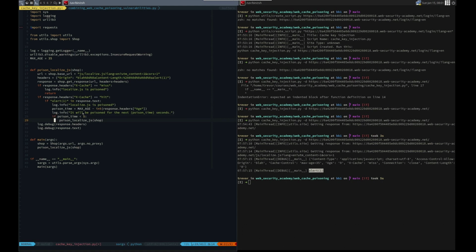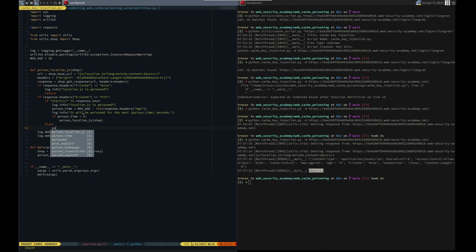Here we want to do it again, and then if it's not poisoned, so if we get a hit but alert isn't in the response, else we just want to run this again, right? Poison local.js shop, but we probably want to wait